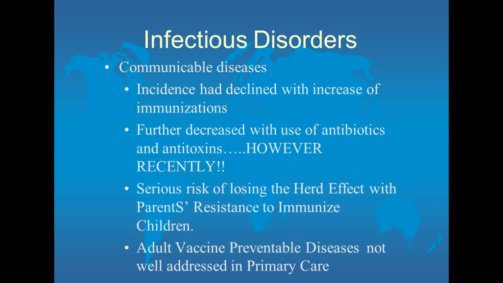Mothers will talk to the fathers, will talk to each other, and maybe it's an academic group near a college, and they'll all be professors, and they'll think that they've read everything they want to read, and they make this decision. So you have these pockets of people that are not immunized, as opposed to just a few scattered around. And mothers will say, oh, my child is fine, they don't need these immunizations, they're healthy,